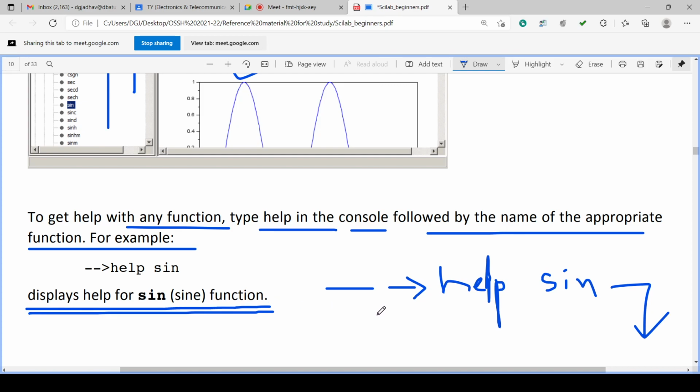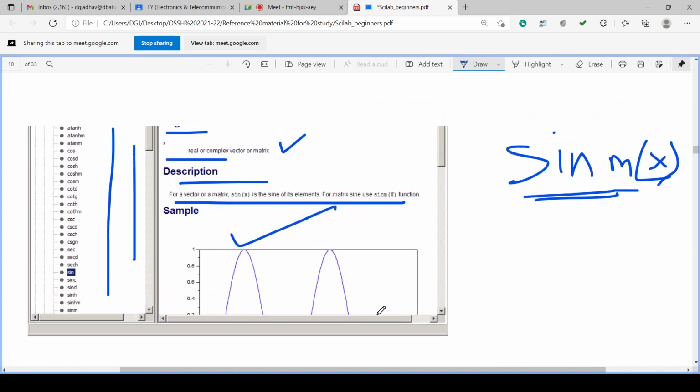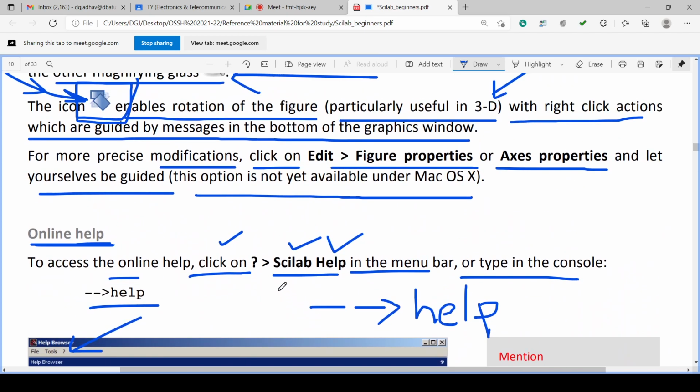So in this way, the help will work. For getting the help, you can click on this question mark and Scilab help. You will get the help. The help window will be opened, and you can have the help under the help window.